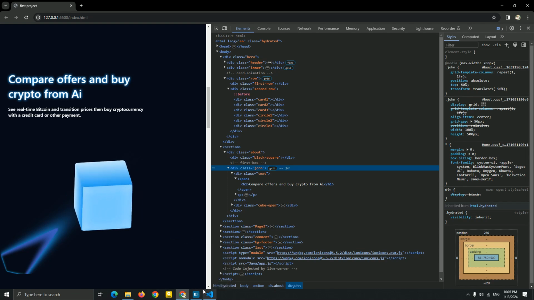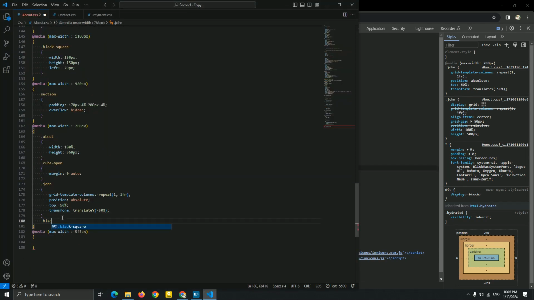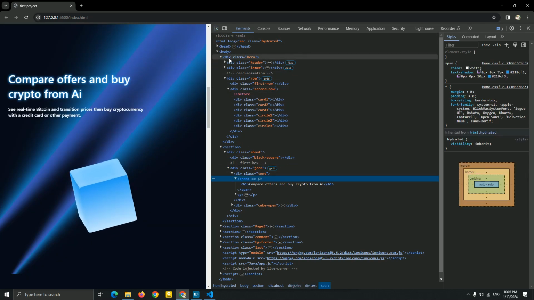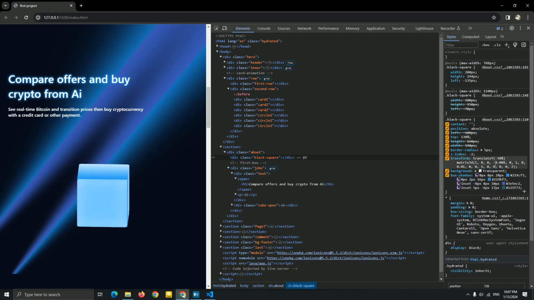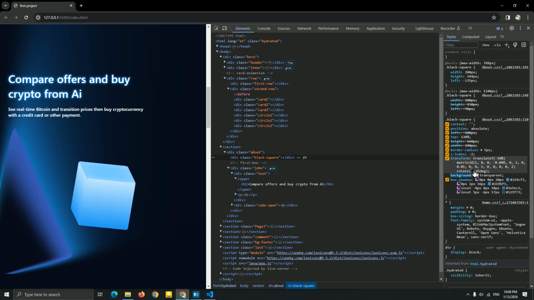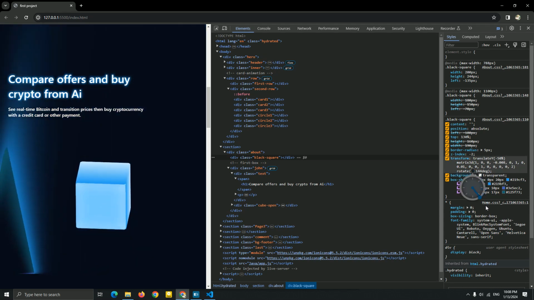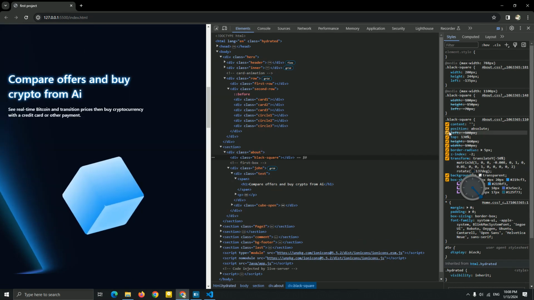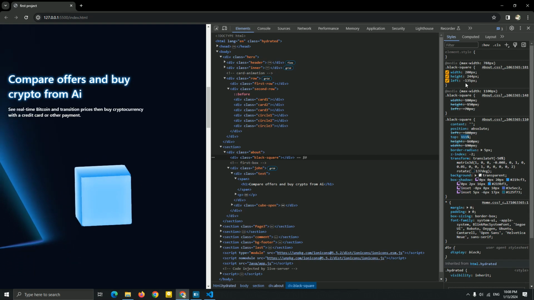Now let me just resize this black square, guys. So for this black square, let me see. Okay, yes, I think this is good. Now let me just see the black square that we just created for this. Okay, here we go. Let's go for the matrix 3D of this. I'm gonna change it. I'm just gonna add a rotate for this instead of matrix 3D. I think rotate is better. Yeah, I think this is good, guys. So let me just add a top for this, and let me just add a left.